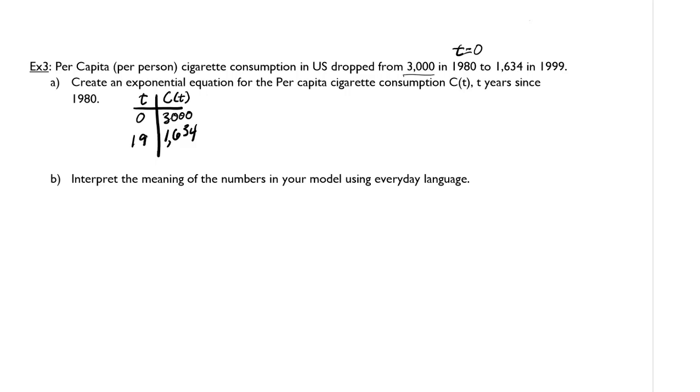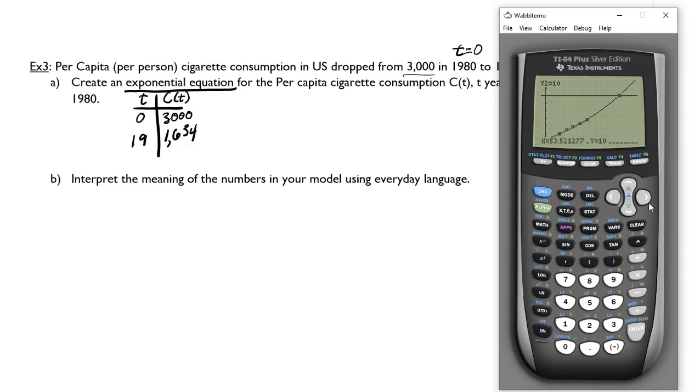Interpret the meaning of the numbers in your model using everyday language. So we need an exponential regression equation. Let's go ahead and clear all our data out. Let's go to Stat, Edit, and clear our lists out. And now we just enter those 2 pieces of data. 0, enter, 19, enter, that's our first column, and then 3,000